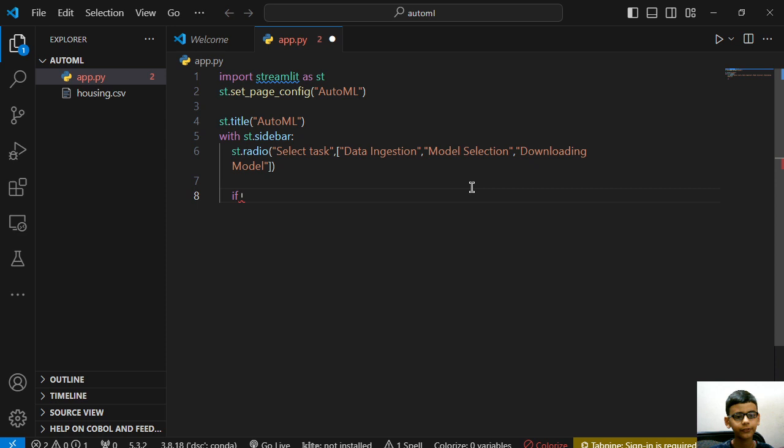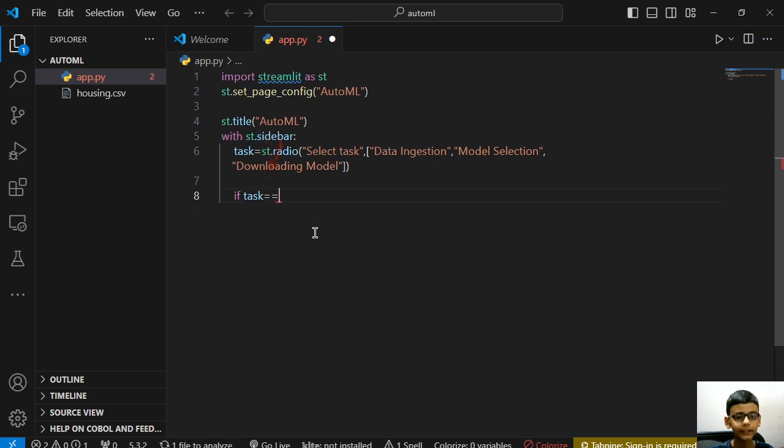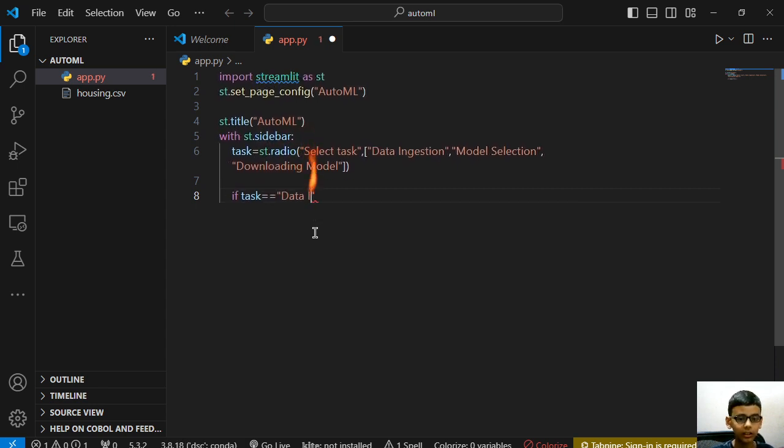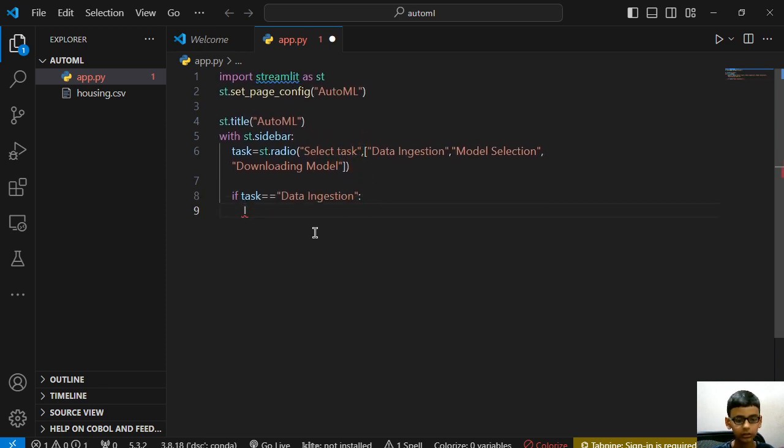So we will write here what we can use as the variable name. Let me think. Yeah, task. This will be a good name. So if task is equal to data ingestion, then